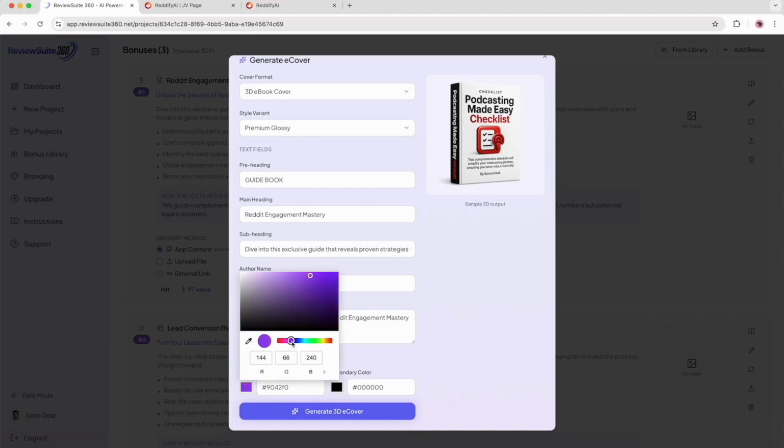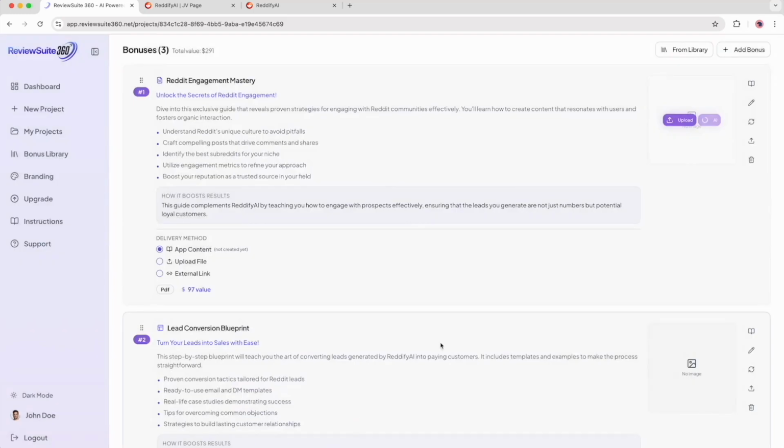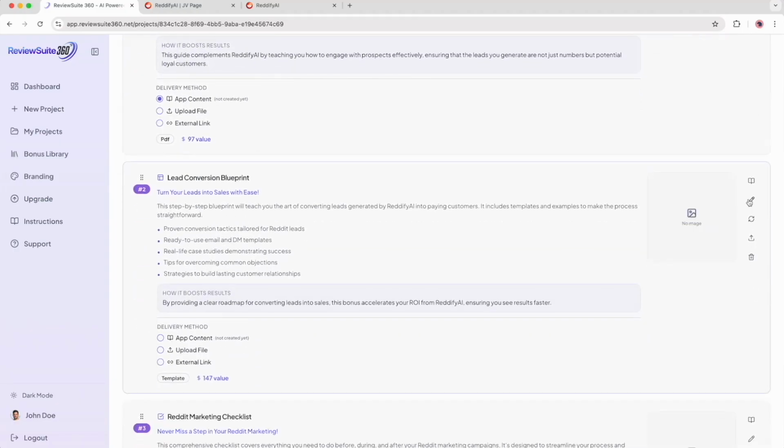You can select the primary colors of your bonus cover. Let's go with purple and orange. Then you hit the button to generate the cover, and it's going to take a few seconds, up to 30 seconds, and it's going to generate the cover. Meanwhile, you can